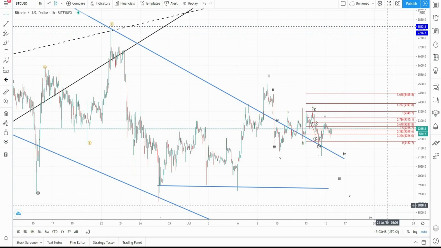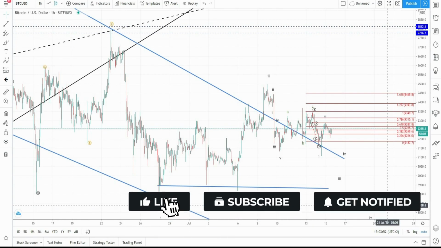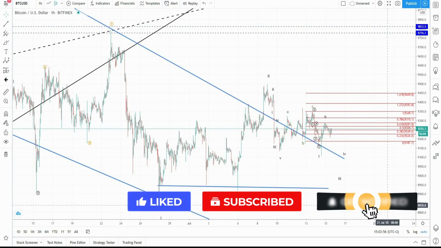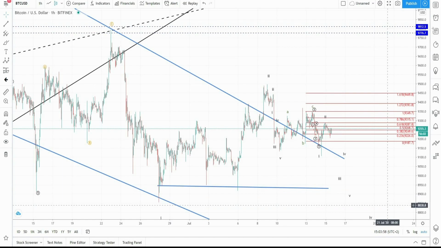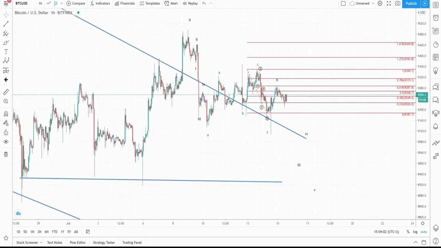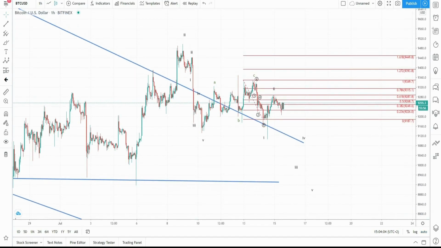Today is 15th of July, Wednesday, and we are going to start off by looking at Bitcoin. This is a 1 hour chart. As you can see, we are just looking at the wave structure. So from